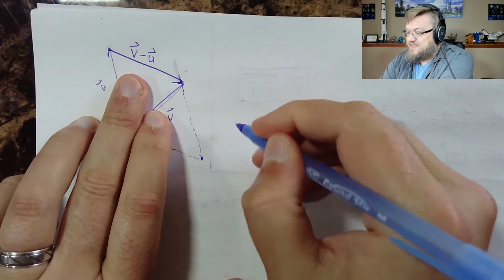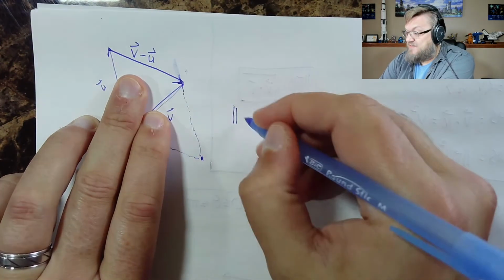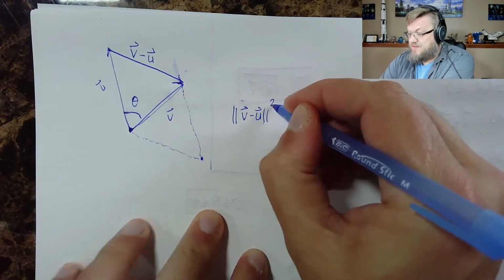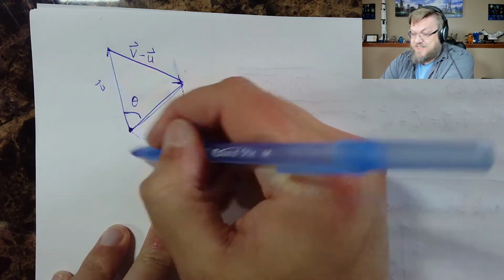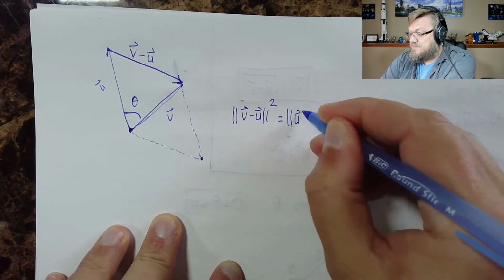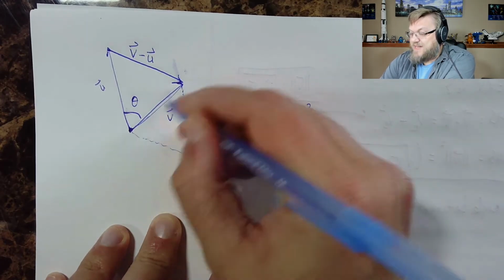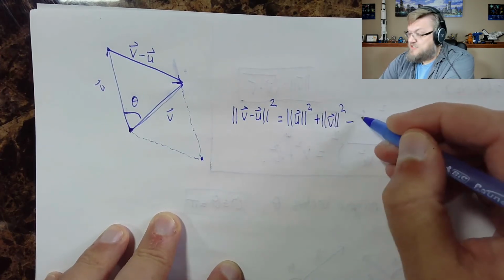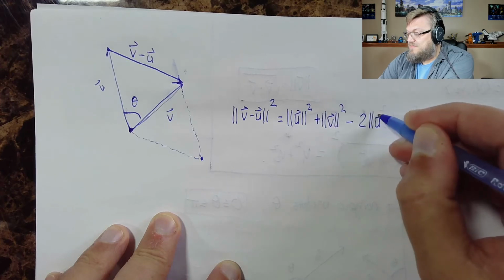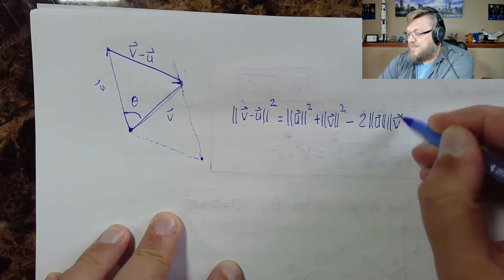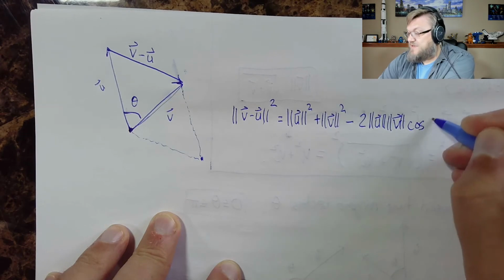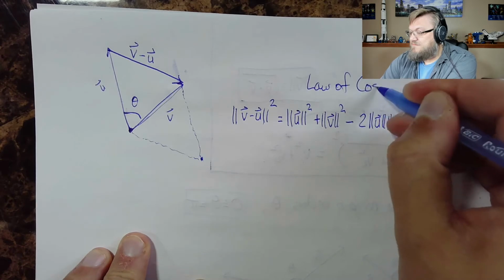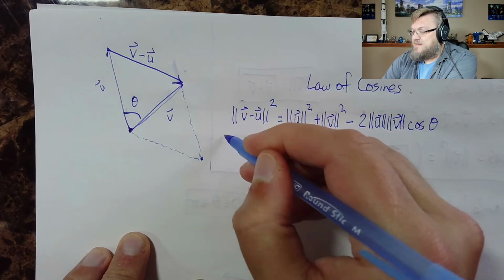The magnitude of this side, which is the magnitude of v minus u squared, has to equal the magnitude of u squared, plus the magnitude of v squared, minus 2 times the magnitude of u times the magnitude of v times the cosine of the angle between u and v. This is the law of cosines. This statement must be true,